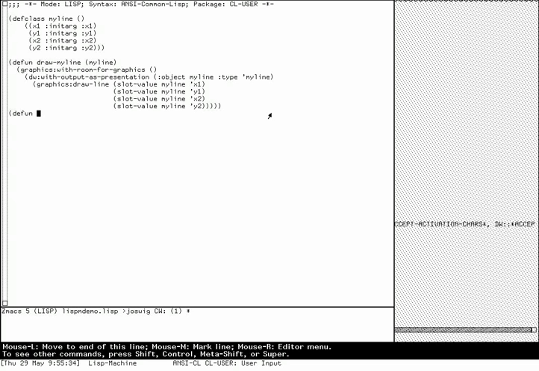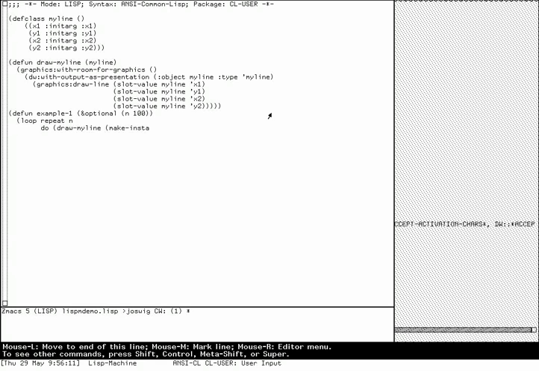Define example 1, optional n is, say, let's say 100 lines. Group repeat and do draw my line,